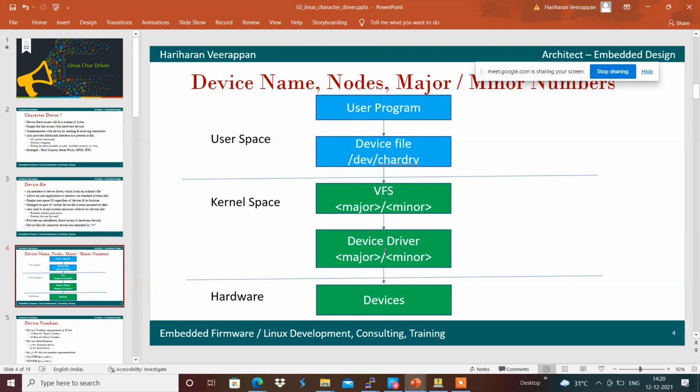This is the core part of the character driver, and we will see how we can link this operation to the real device in our next session over here. If you have any questions, please feel free to ask. Otherwise, I think we are fine with this. Yeah.